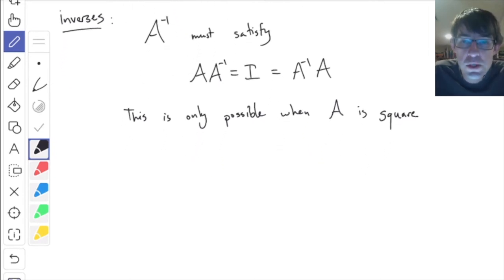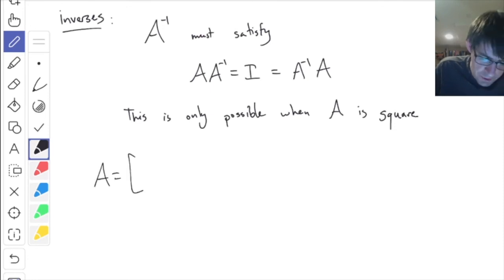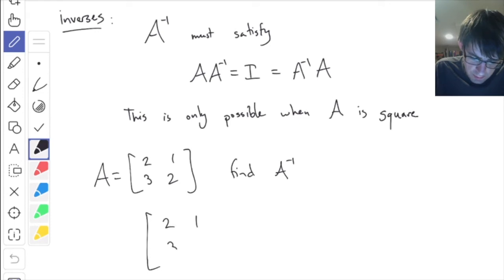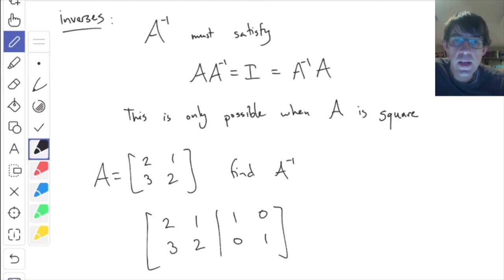And there's a procedure for finding the inverse, which I've always thought was kind of cute, the way that you can use elimination to find the inverse of a matrix. Let's try, how about this one? I'm just going to do this for a 2 by 2 matrix. All right, let's find A inverse. The way that you do this using matrix elimination is you make a giant augmented matrix where you stick the original matrix on the left and the identity matrix on the right, and you do the elimination with this. And by some kind of magic,